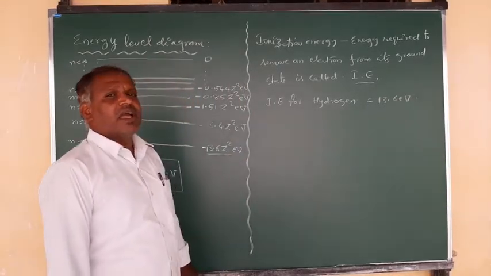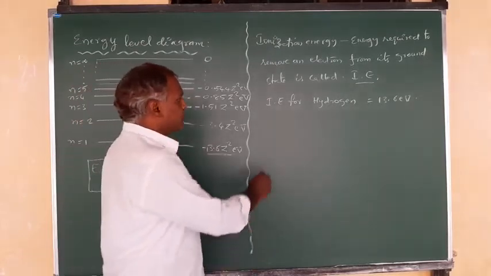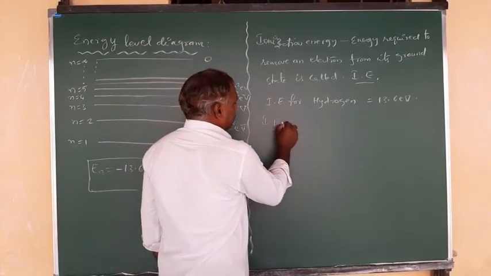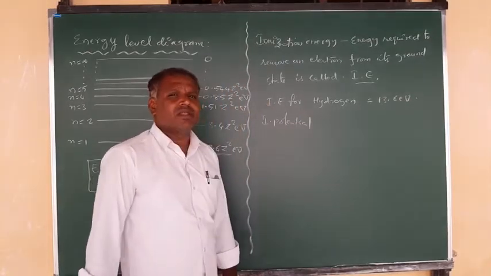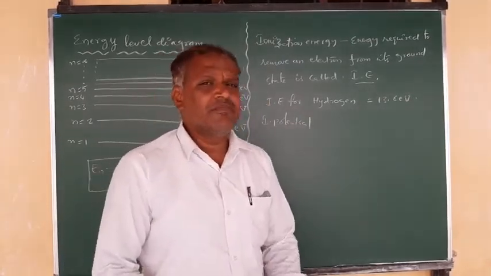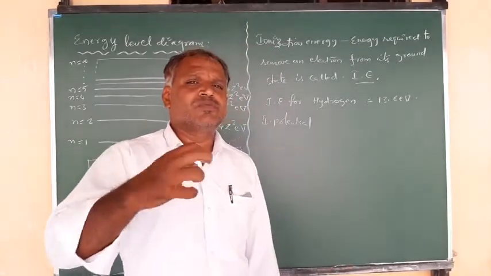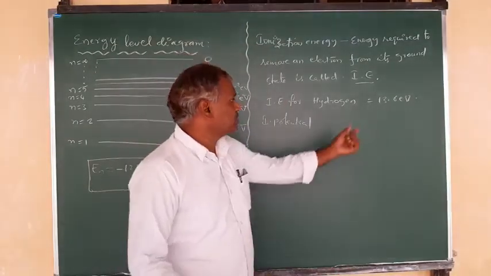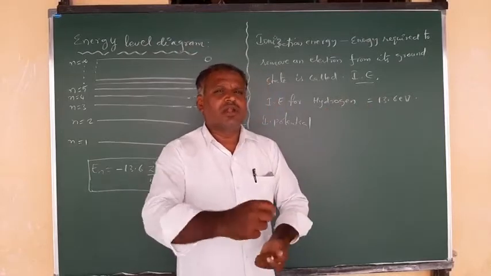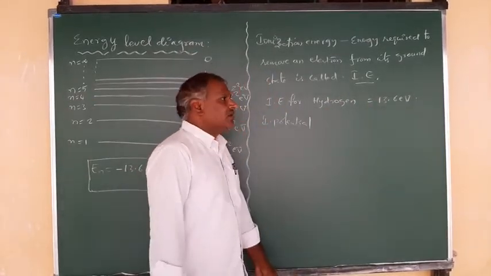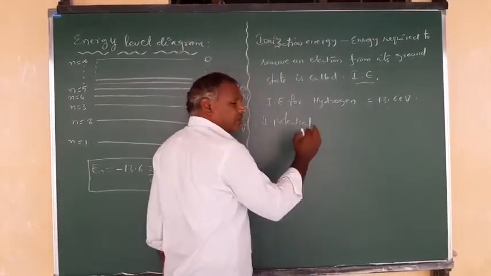Similarly, ionization potential. Ionization potential is nothing but the amount of work done by applying an external potential to make the removal, where that work is provided by the battery. That means this much amount of work is done by the battery on that electron, then only can that electron come out of that particular nucleus or atom.